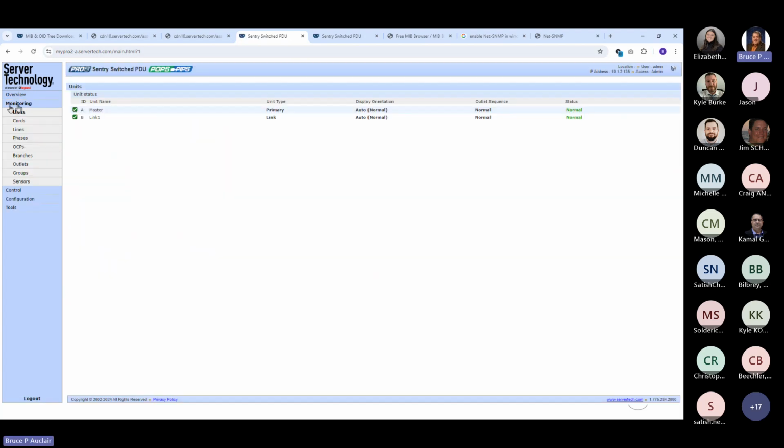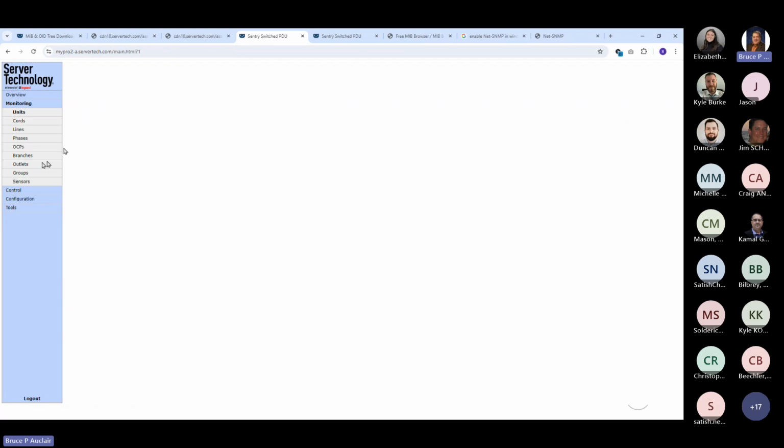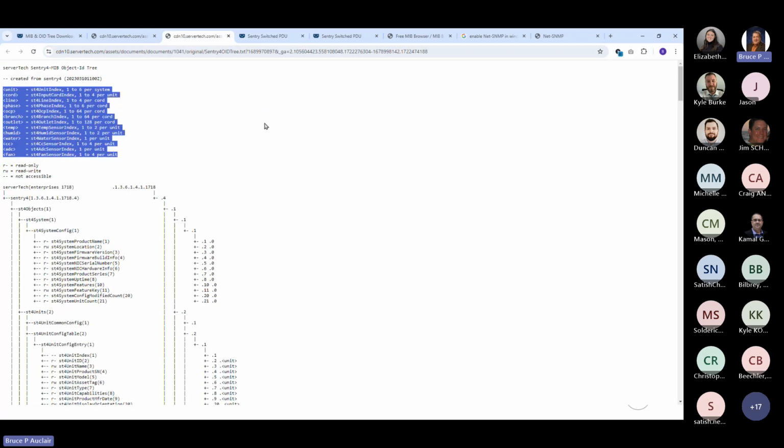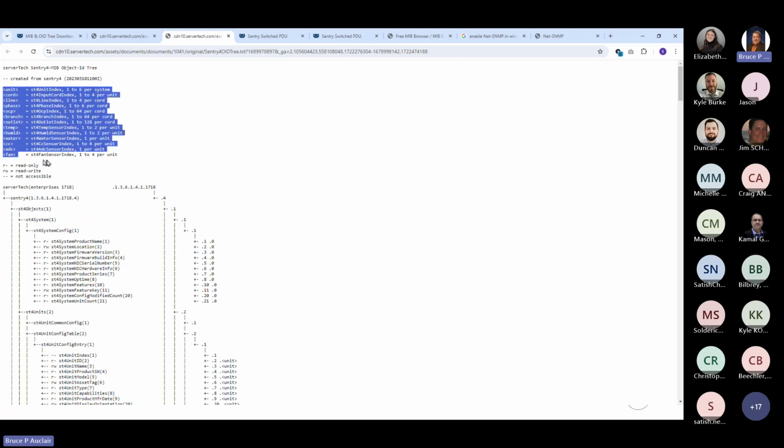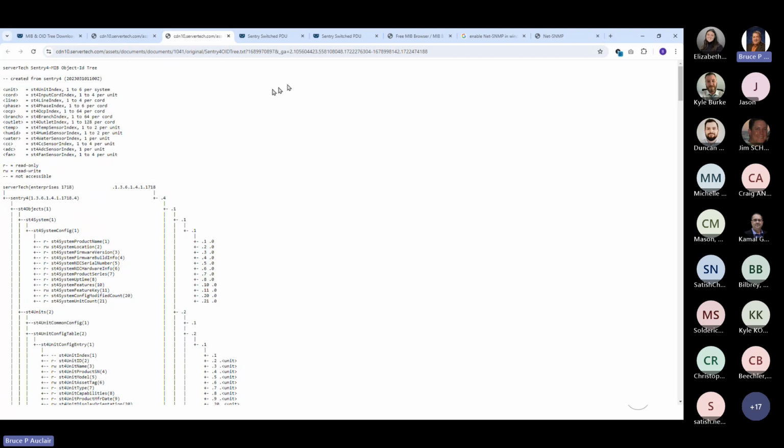We have in the monitoring section the hierarchy of the system, which at the highest level is the unit, then cords, lines, phases, OCPs, which stands for overcurrent protectors, branches, outlets, groups, and sensors. And if we take a look at the OID tree, we find that same overall hierarchy over here on the left, and then we find what the possibilities are as far as an integer value to relate to that particular